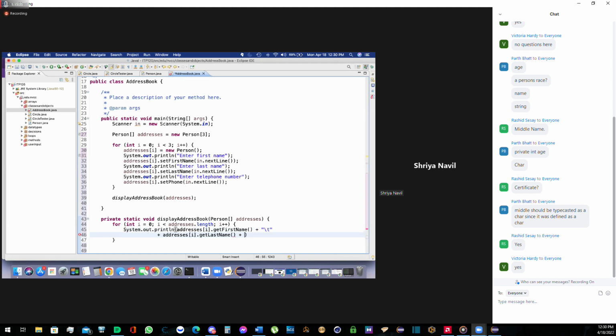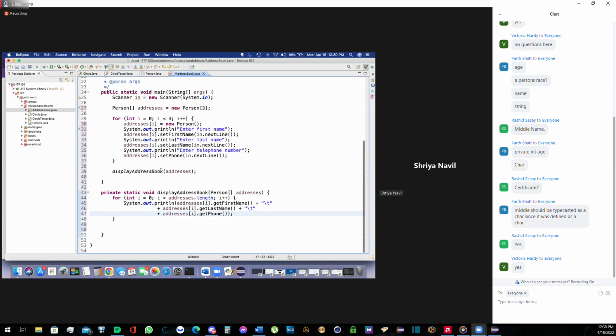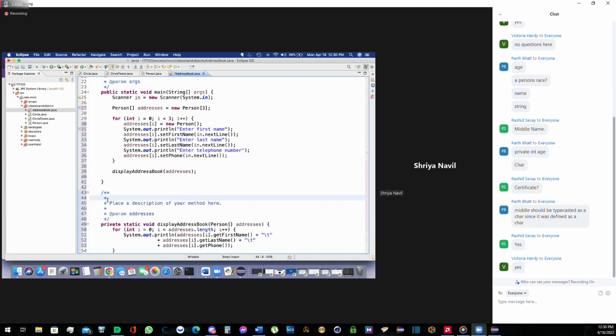And then put another tab character there. Plus addresses I dot get phone. Now, if I go to run this, it should first of all ask me for three address book entries and then display the address book in the end. So this method displays